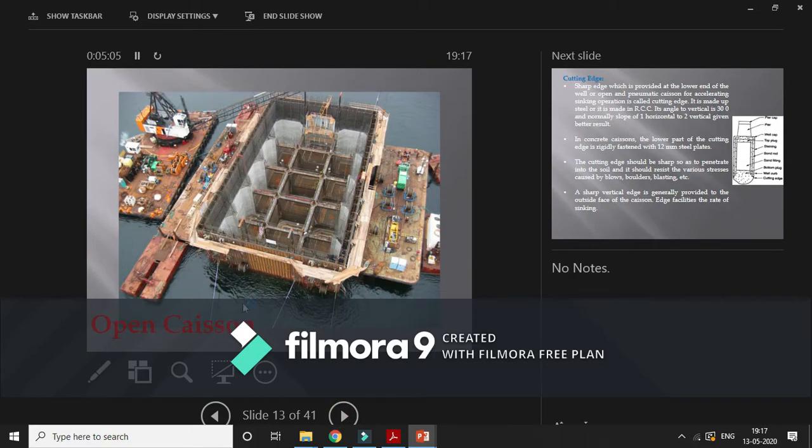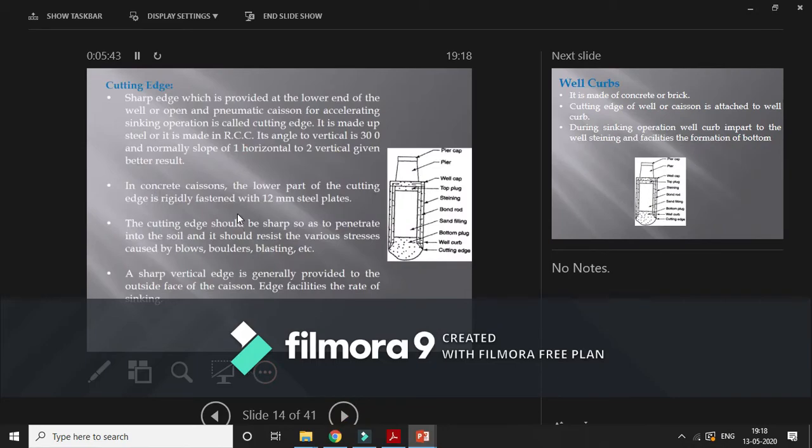So this is the photograph of an open caisson. It is a multiple dredge type. You can see here, this is the periphery and multiple dredge holes are provided. After construction of these edges and these dredge holes, you can fill this with the help of sand. Below this water level, you will find there will be the cutting edge and the bottom plug. The base will be filled with rich concrete so that it can be sealed from the bottom. After filling the sand, you can fill the top plug with the help of concrete, and this will construct a well foundation.